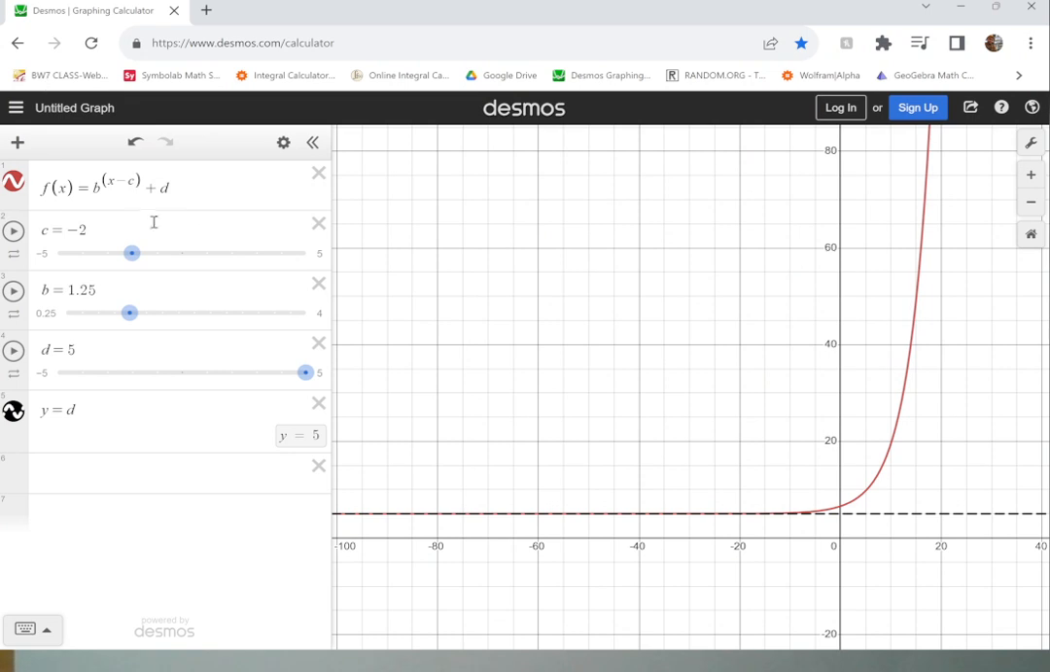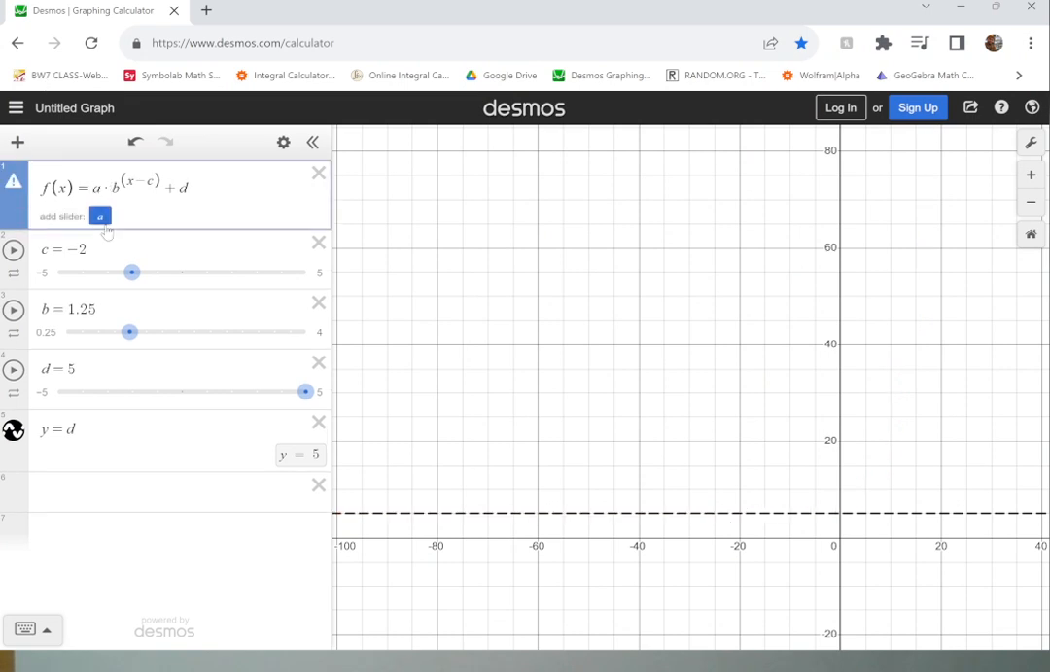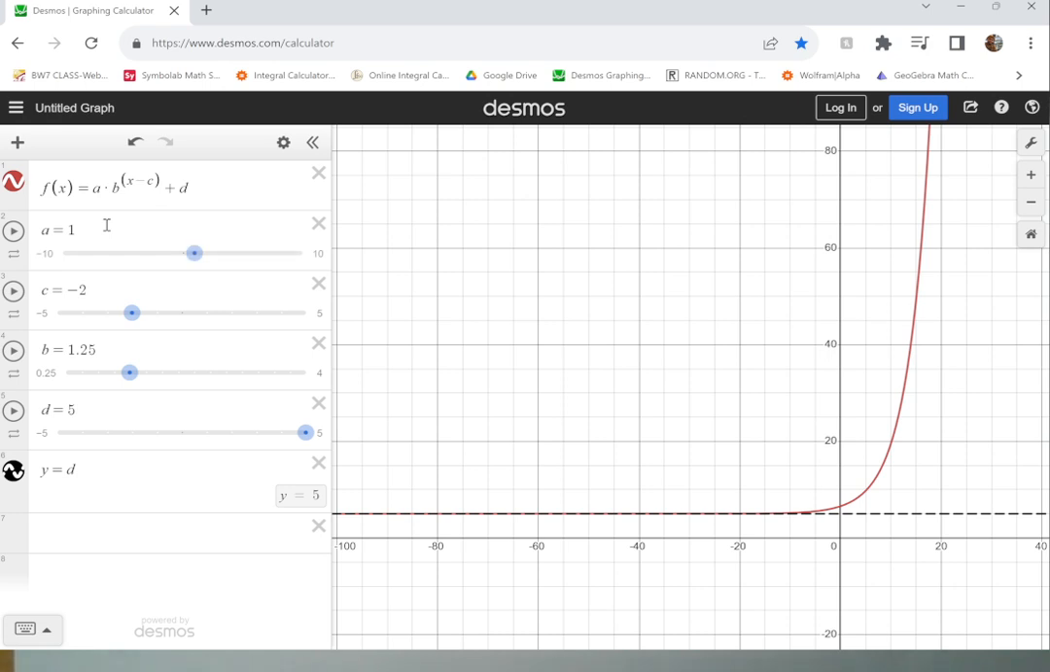All right, so here I have my Desmos graph. Let me put in my A, add a slider for A. All right, and if we look for values of A that are bigger than 1, we see we get a stretch. So here's 1, right? And if we go smaller than 1,